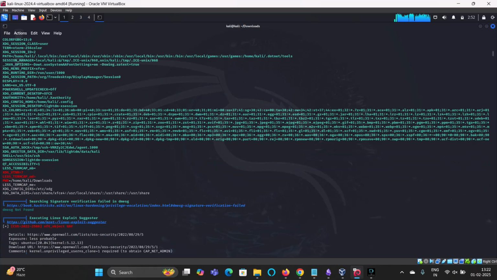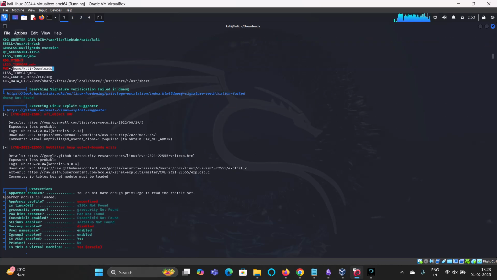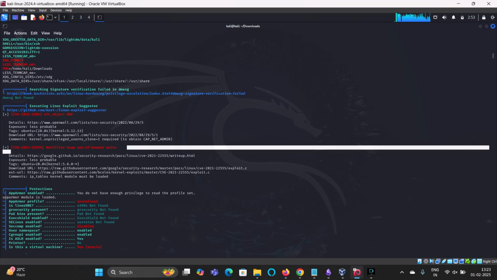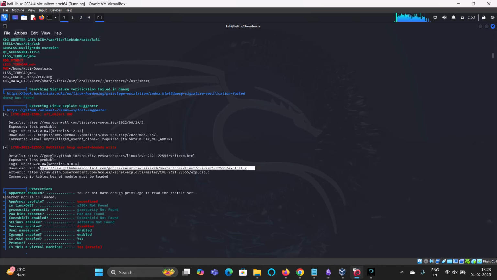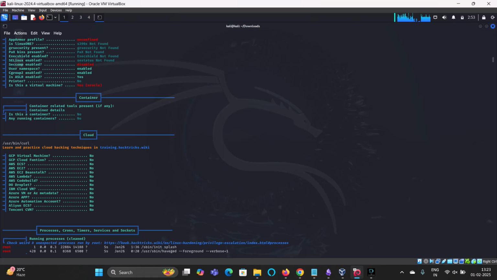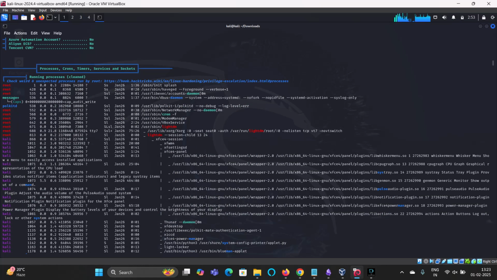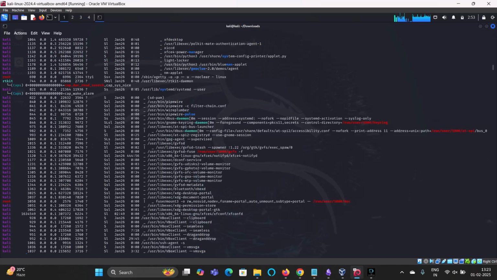And moving on further, you have got everything. You can see the pwd directory, in which particular directory you are right now, home, Kali, downloads, and everything like that. You can get to know about the CVEs we can perform on this, or it is vulnerable, it is having an exposure right now. You can perform the exploit. Look, this is how you can get to know the URL. You can download from the URL and perform that particular exploit on this system, right? Protections it is having, what kind of protection it is using, whether there are any cloud instances on this particular system, no or yes. That's how you can get to know processes, crons, timers, services, and sockets. Every information you can get to see.